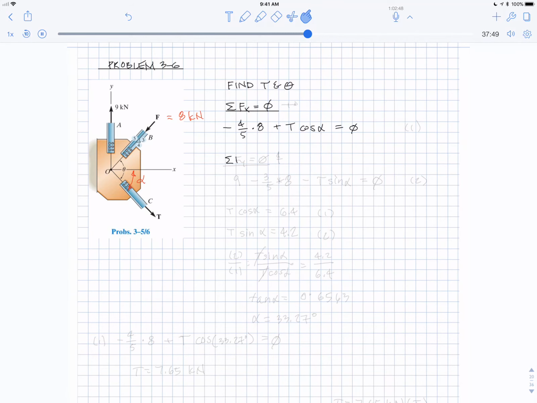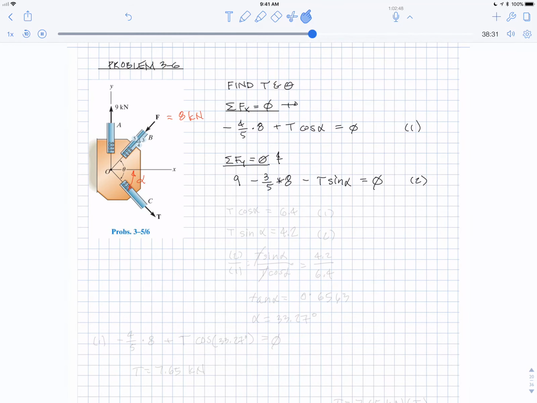We also have sum Fy equals 0. I took right as positive for x, and up is positive for y. That 9 kilonewtons is going up. F has a y component of 3/5 times 8, and it's going down, so I made it negative. The T has a y component of T sine alpha, and that happens to be going down, so again negative. That all equals 0. What I'm going to do is write equation 1, the x equation, and equation 2, the